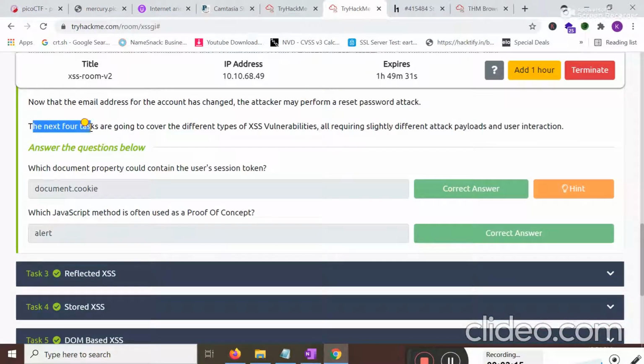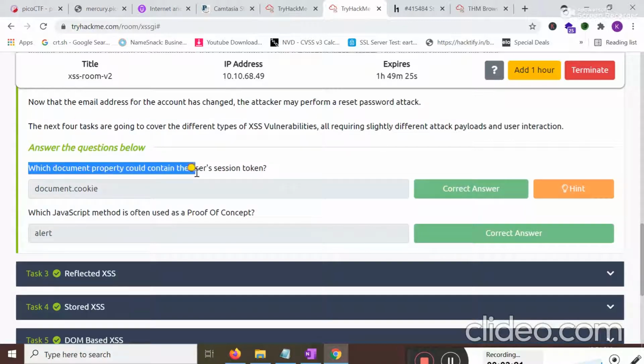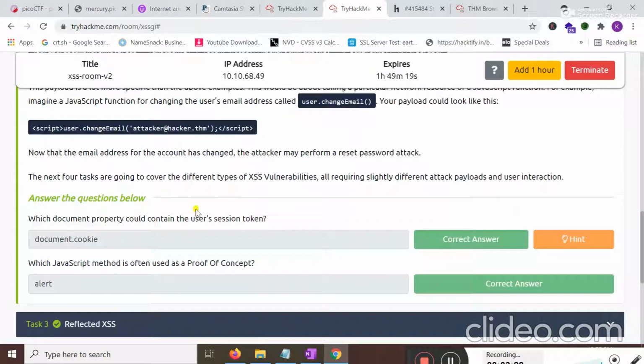Okay, the next four tasks are going to cover the different types of XSS vulnerabilities. The first question of this task is: which document property could contain the user session token? Basically, when any user logs into any application, the session of this user is created.